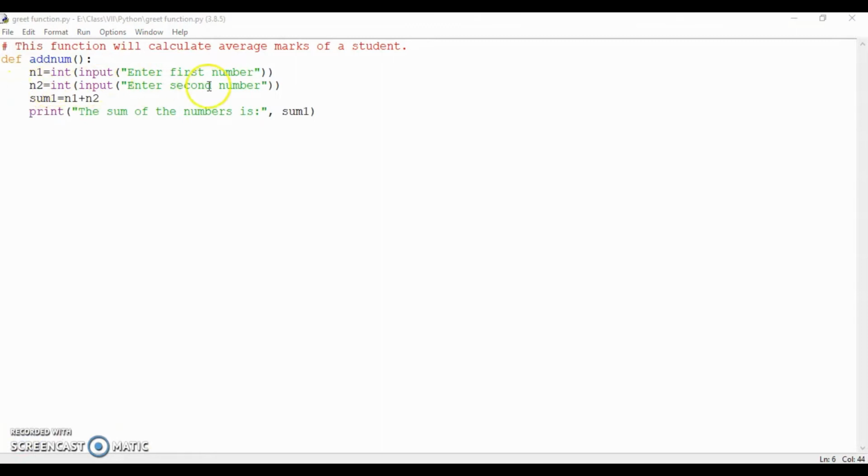In n2 I am storing the second number, and then I have created another variable sum1 which is storing the sum of these two numbers. Then I'm printing the message over here: the sum of the numbers is, and I'm printing the value of the sum. So if I save and run this,